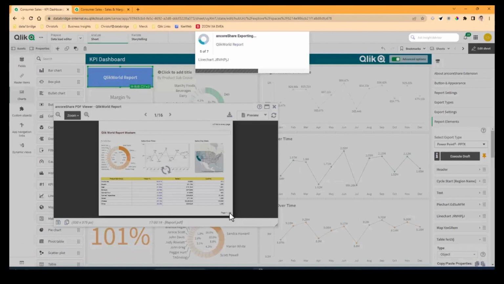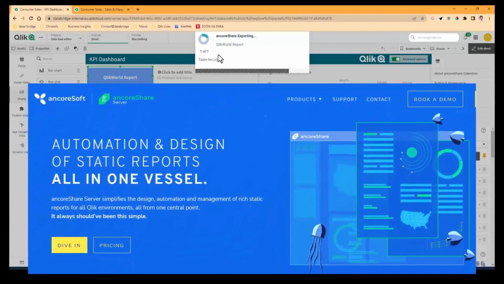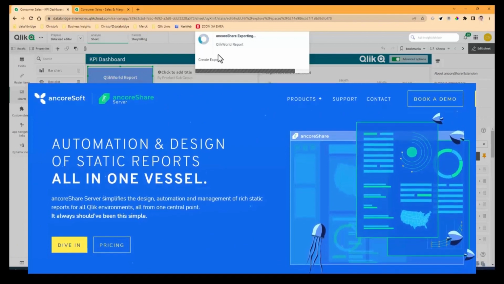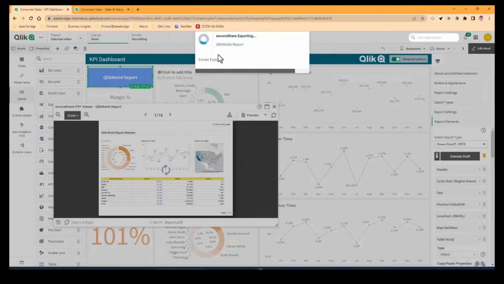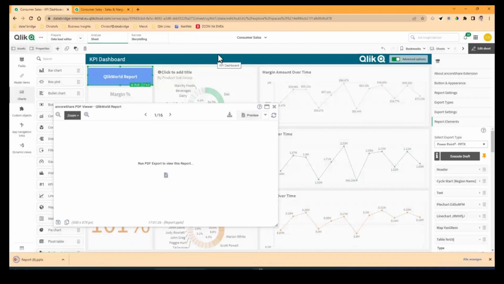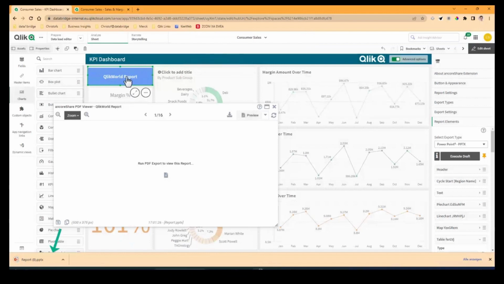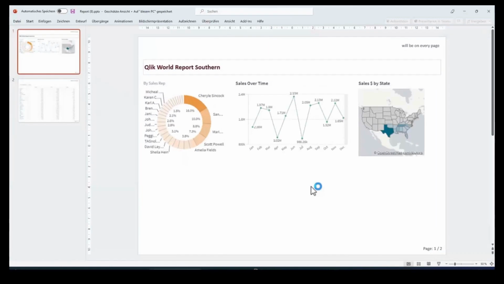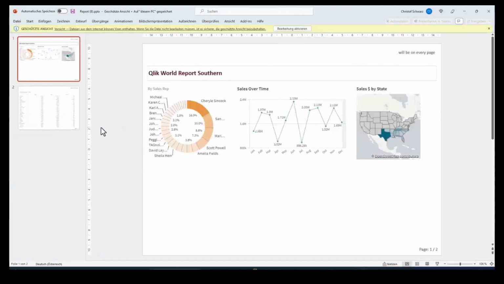You're waiting here now for the report, and if you need a backend solution, of course the whole thing is also available as a server-side solution that allows scheduling. It's a different product, but the button here does everything client-side and ad hoc. So now it has created that export, the report, and it will open in PowerPoint